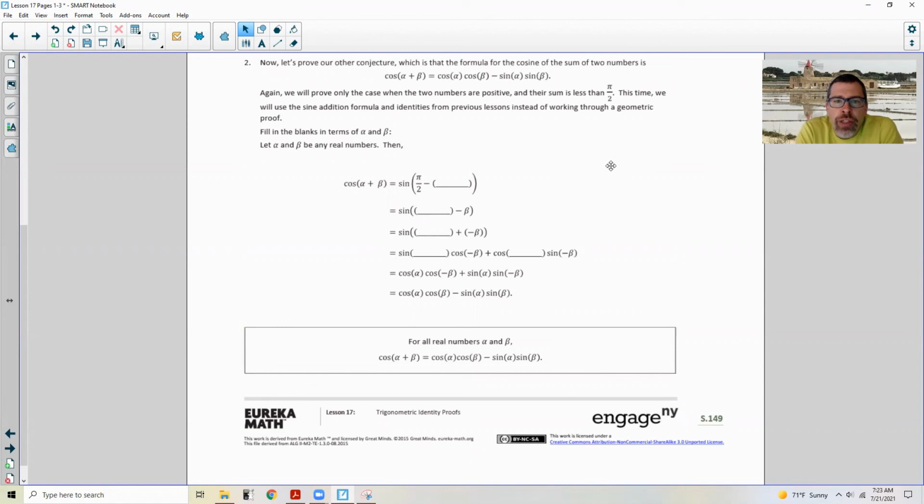Again, we will prove only the case where the two numbers are positive and their sum is less than pi over 2. This time we will use the sine addition formula and identities from previous lessons instead of working through a geometric proof. So fill in the blanks in terms of alpha and beta. Let alpha and beta be any real numbers. Then,